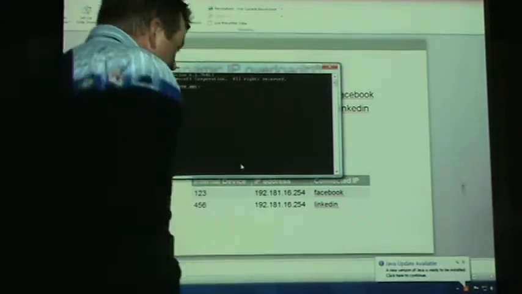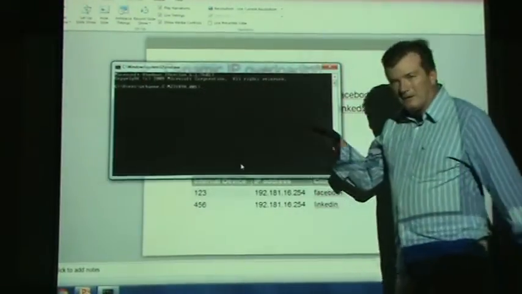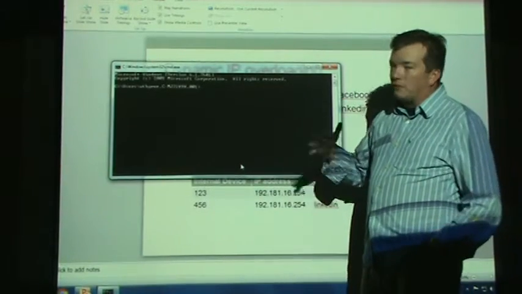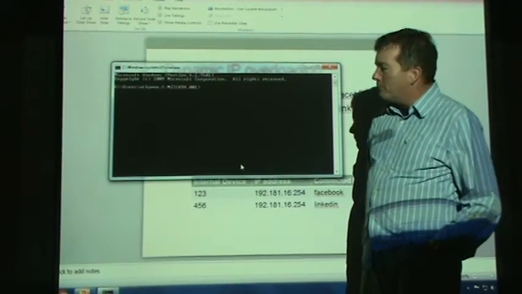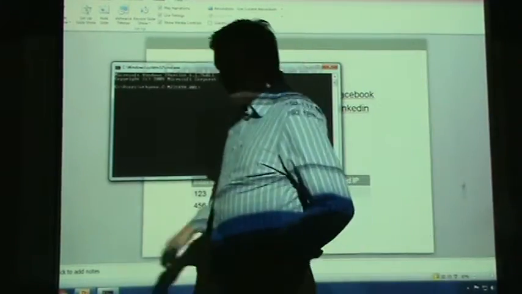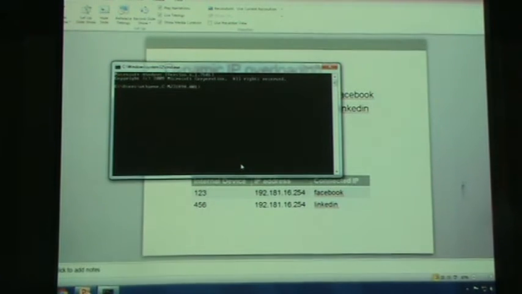So the command window, I think we talked about this in another class, right? Yes, we did. This would be like what the Microsoft DOS command prompt, disk operating system, looked like back in the 80s when you bought a computer. But anyway, the ping command still exists. So if we say ping,